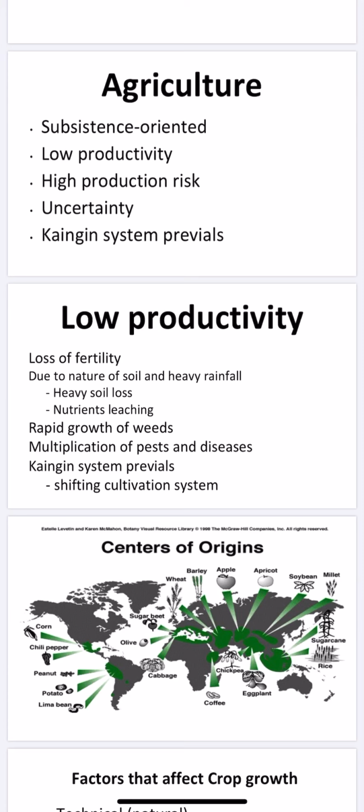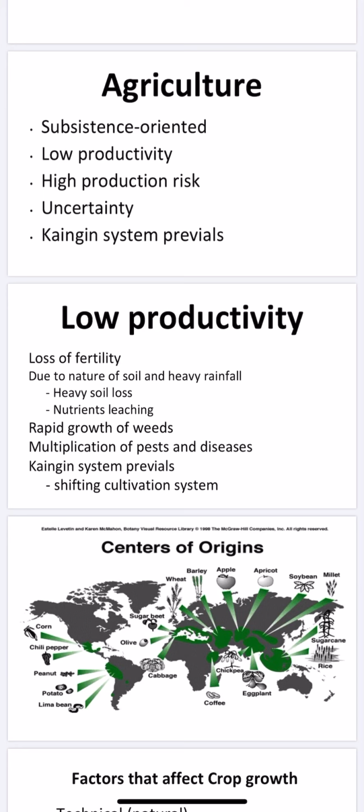So why subsistence oriented? Because most of our farmers are really poor, and they only subsist. The income that they have is just to subsist, not even really to sustain, but just to live,